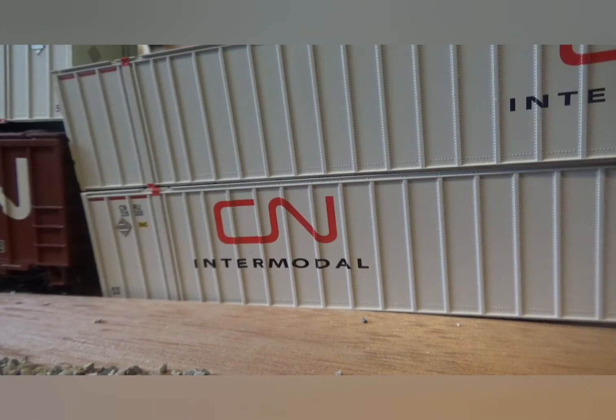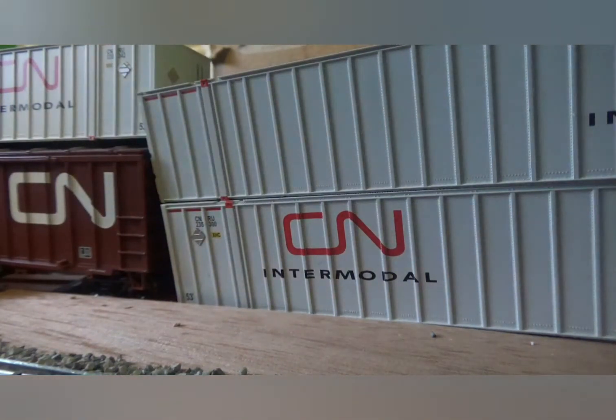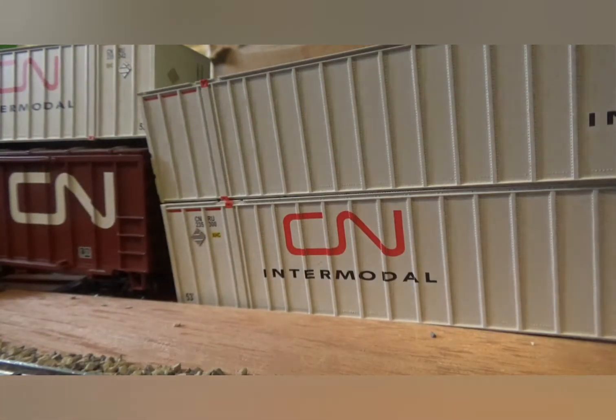Honestly, I'm not sure what I'm going to do with my other two Alberta ones. I've always been like, do I sell them on eBay? Do I keep them? Do I keep one as a spare and sell the other? I don't really know. But by far my favorite paint scheme is...